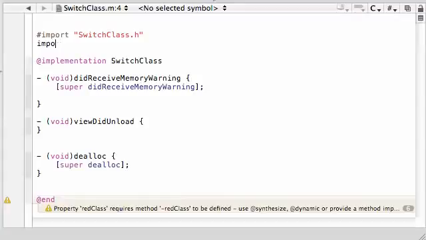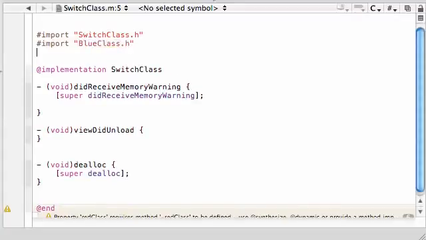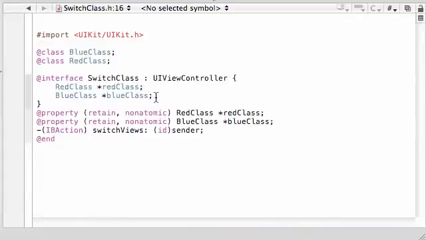Did I spell that right? Yep, I didn't put a pound sign. So go ahead and import that blue class.header, and go ahead and import that red class.header. Looks good. So after that, remember in our interface file, we made these two objects, red class and blue class,